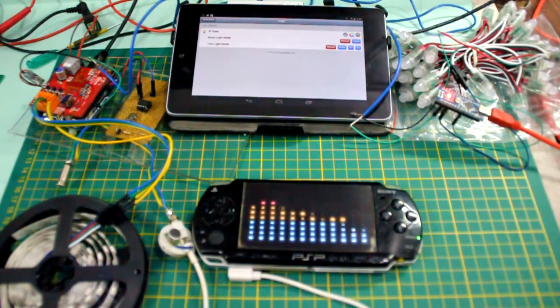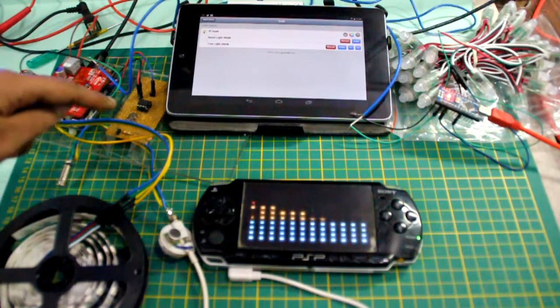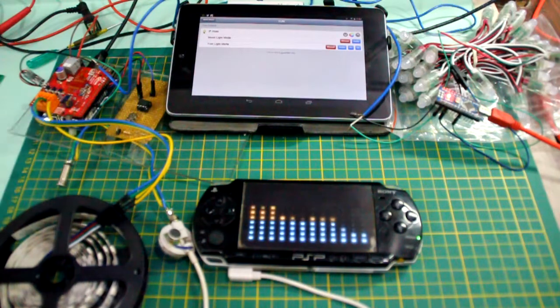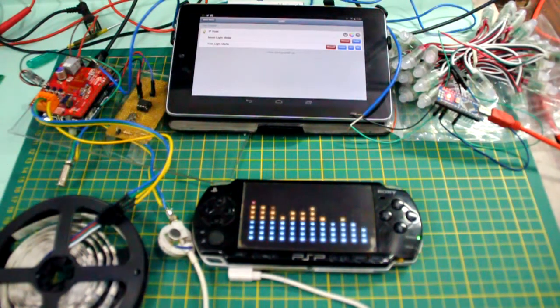I use a PlayStation Portable to play music, and it's sent to a low pass filter, and that output is being fed to the Arduino Yun. The Yun can read that input and correspondingly make the RGB LEDs connected to the Infineon RGB shield flicker according to the music beats. The Yun also receives commands over MQTT from an MQTT broker, and the broker receives messages